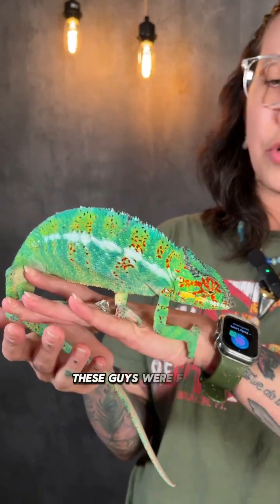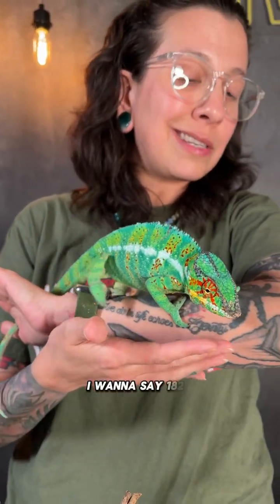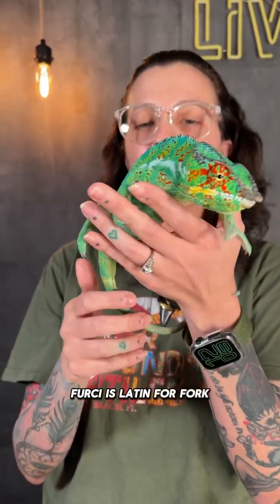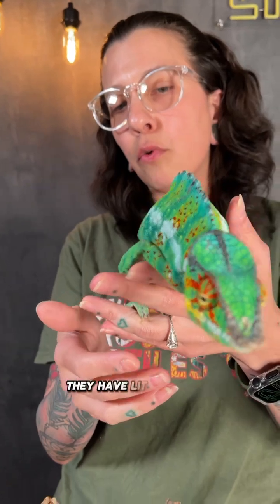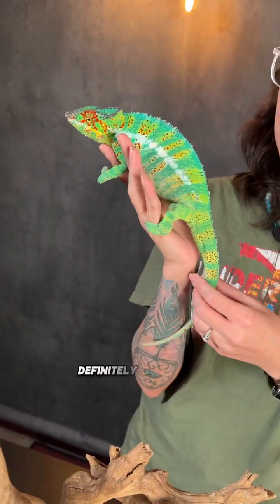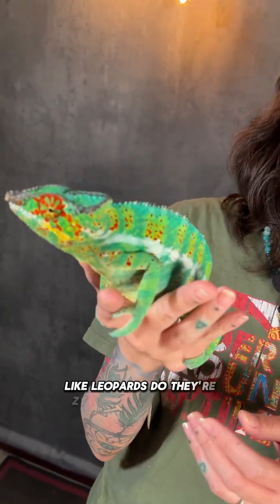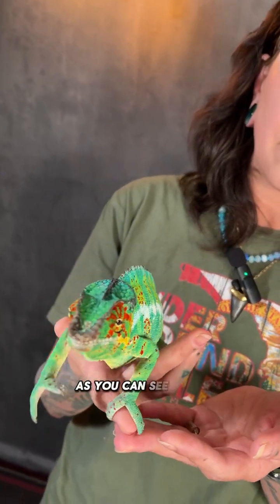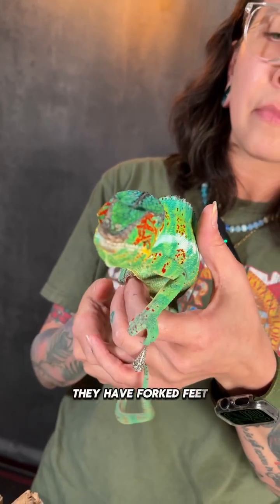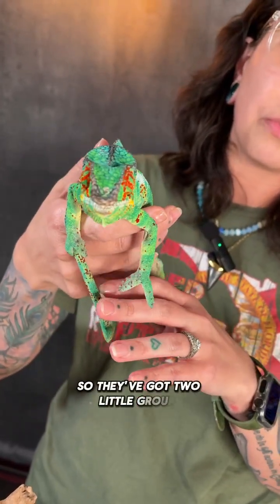These guys were first observed by a French biologist in, I want to say, 1829. Furcifer pardalis is the scientific name. Furci is Latin for fork. As you can see on their feet, they have little forked feet. And pardalis is like a leopard. Definitely got some really cool coloration and patterns like leopards do. They're zygodactylous as well. As you can see, their little feet, they have forked feet. They've got 2 digits connected and then 3 digits connected, so they've got 2 little groups, which give them that